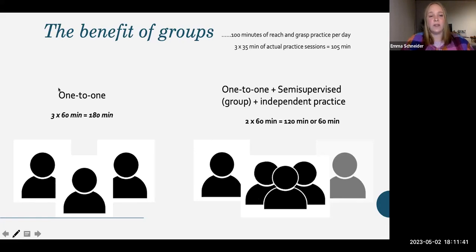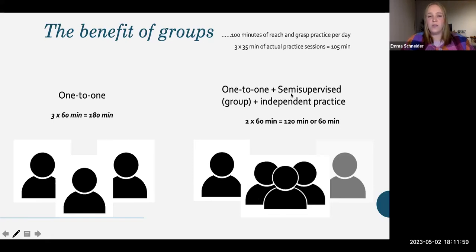Now, I'm not expecting that you can do that realistically. So it's showing us quite clearly on the screen, this is not feasible unless you're in some amazing private practice where someone's got unlimited budget. But it's not feasible to do this. So we have to look at different methods of service delivery to deliver that amount of practice.